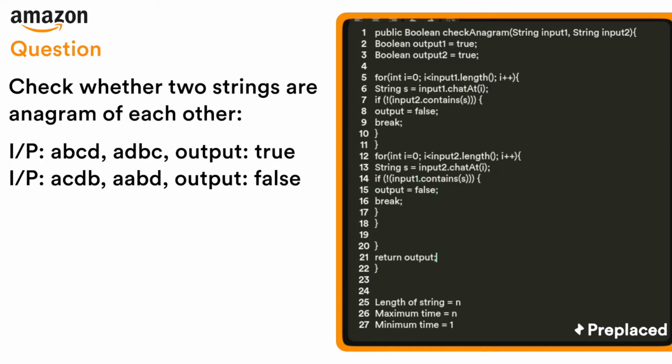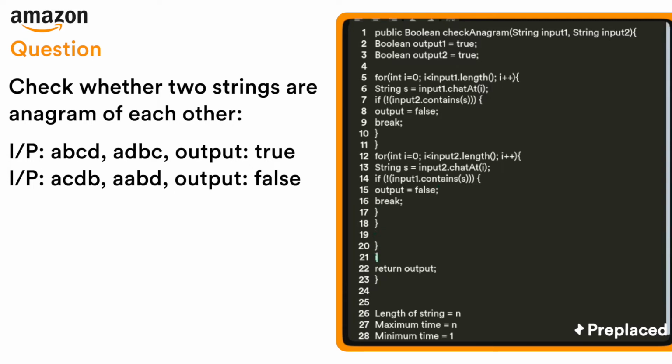And while returning, I will check output 1 and output 2. So this condition will check if both are true or not, and if both are true, then it will return true,